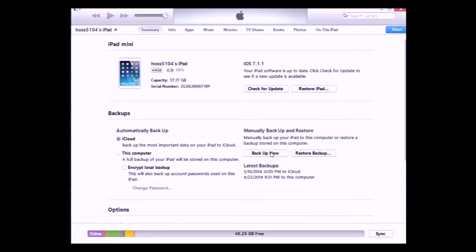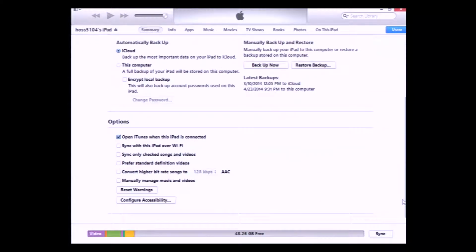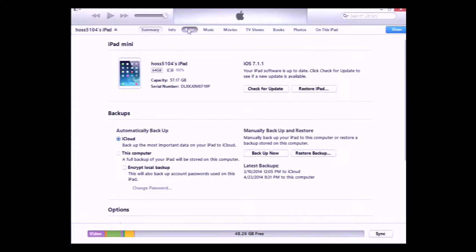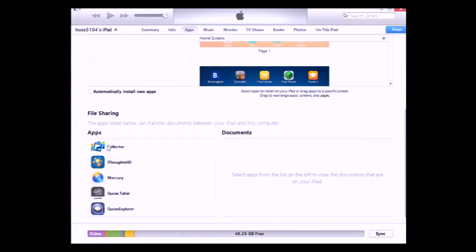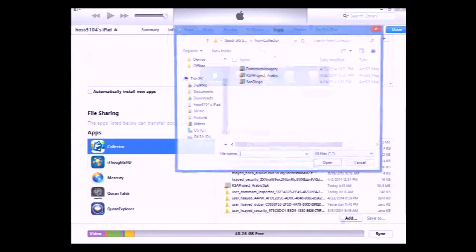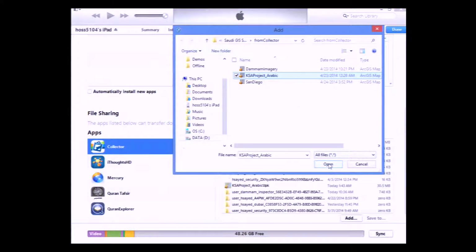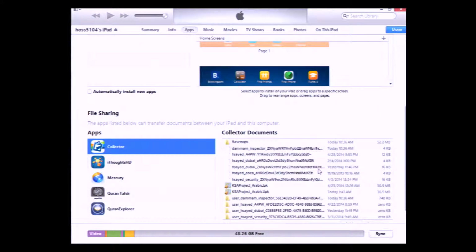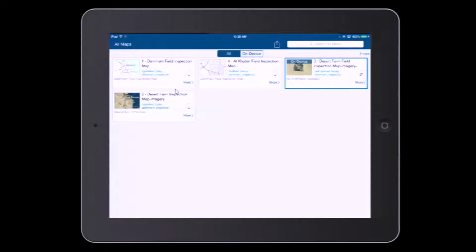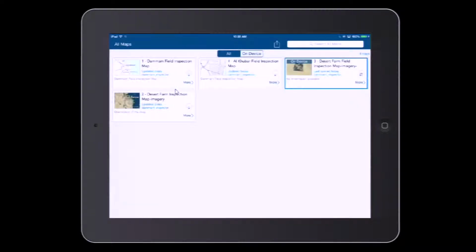So simply you can come here from your iTunes, my apps, and start adding this here. So I go to the Collector, you can just go back here, choose what base map you want and add it. And then when you go to the device, you'll see this map exactly. So I'm going to show you very quickly. If I want to do this map again, instead of going to the online,